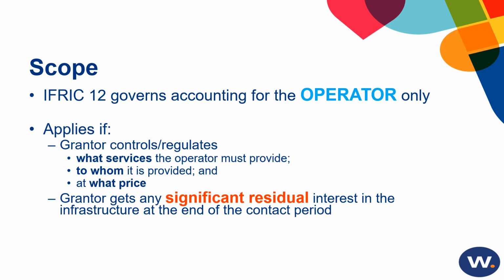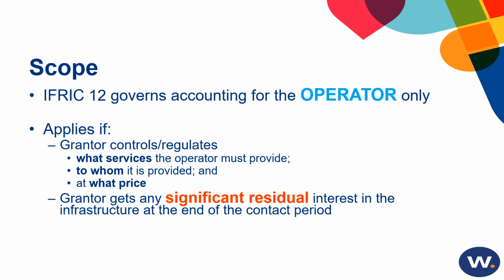made. It could also occur that certain assets which could be separated physically and could be operated separately and would meet the definition of a cash generating unit in terms of IAS 36 could be subject to different assessments. An example of these kind of assets could be a private wing in a public hospital. So it may very well be that the public sector entity, the grantor, does not have control and does not regulate the operations which occur in the private wing. However, the remainder of the hospital is governed in accordance with the terms of the service arrangement, and these are